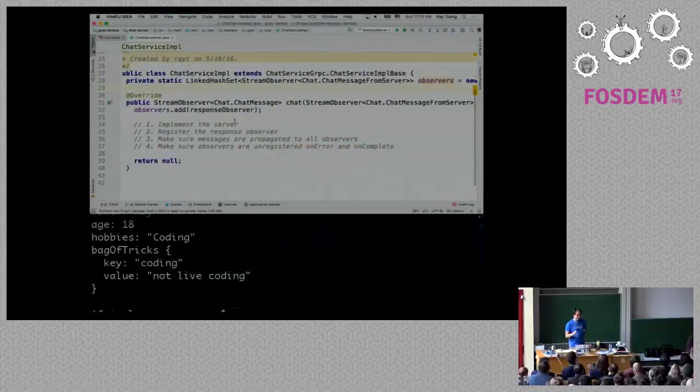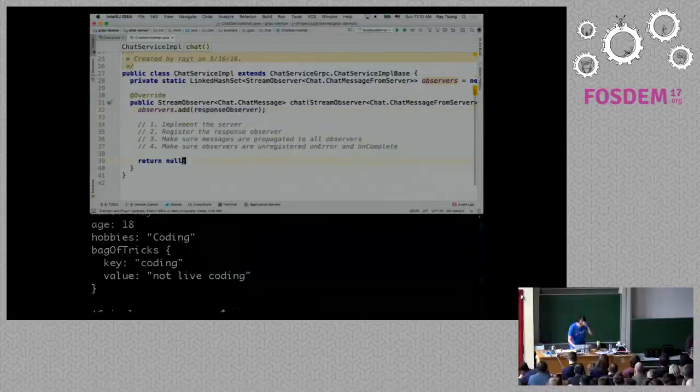Now, don't be scared. Again, every language is a little bit different. This is just how Java works, so it's a little bit more verbose here, but it's fine. A few things I want to touch on here: all the message passing is done through a callback interface called the stream observer. Whenever the client sends data to the server, the server will have a stream observer that listens to onNext. When you want to send data back to the client, you get a stream observer reference, and you call onNext and send it out to the client.